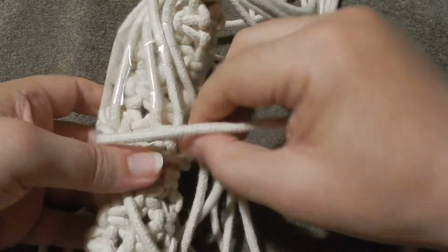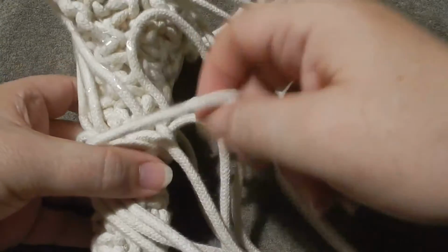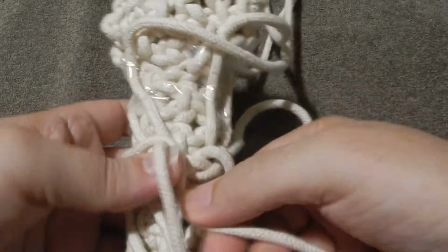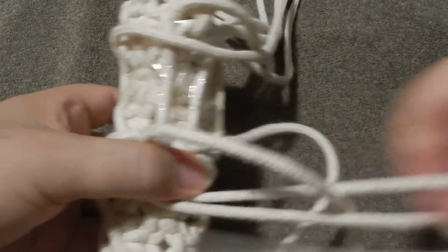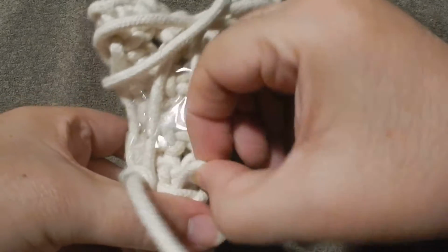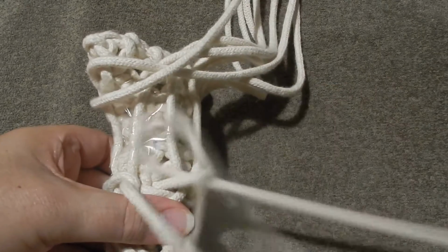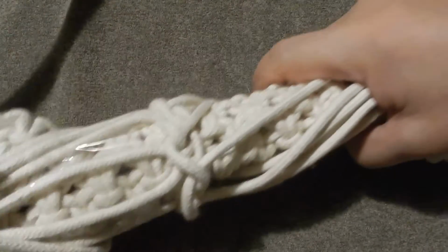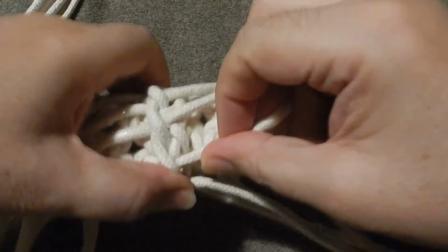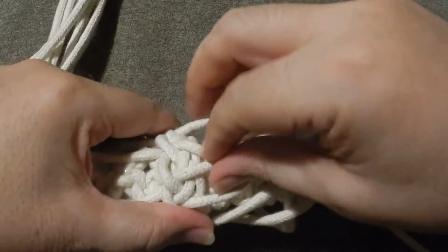Over 1, over 1. So it's this one over the next of the strings that we are working. Don't confuse with these ones, they are up. So that's why we have taped them, in order to not confuse ourselves. If they were not taped, we could miss everything here. So the last one was already a loop, so we insert it. Then here we just take the slack of everything, and now we are going to follow